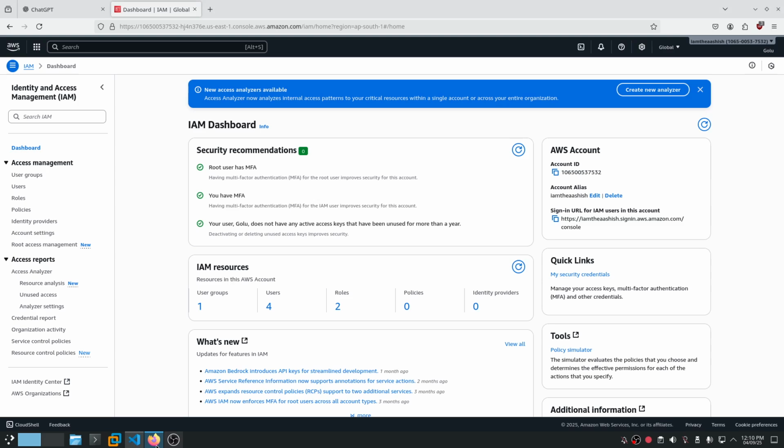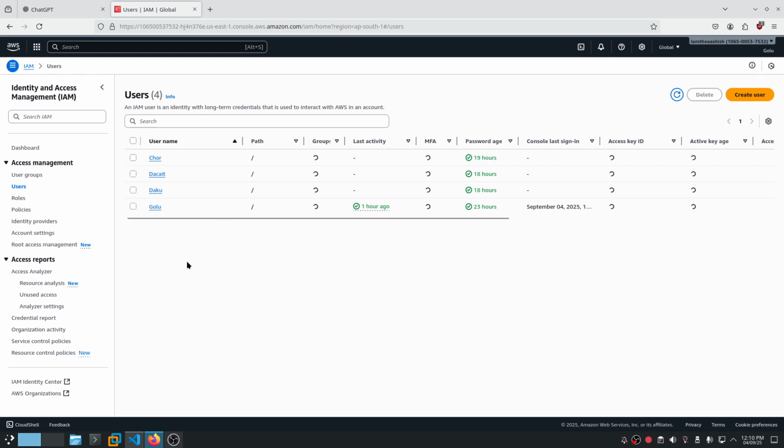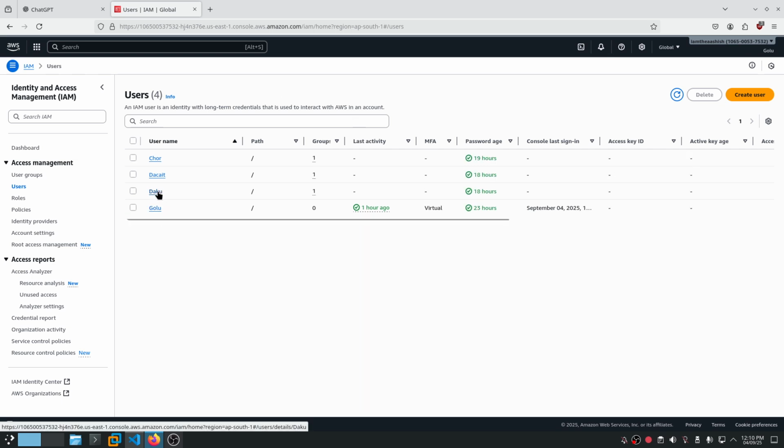my computer's failure. So we are on the IAM dashboard, and yesterday I was practicing IAM. Golu is my nickname. I have created 3 usernames: Chor, Dakat and Daku, and I've assigned tags, a key-value pair, Gang and Badmosh.